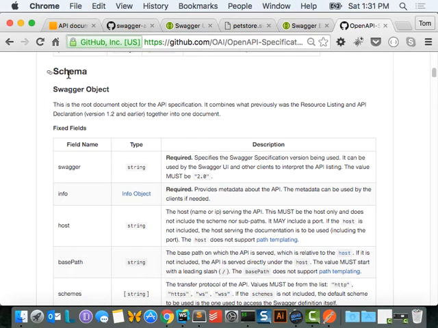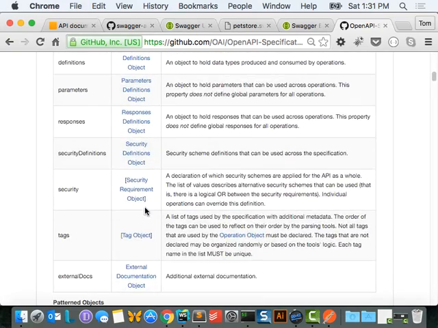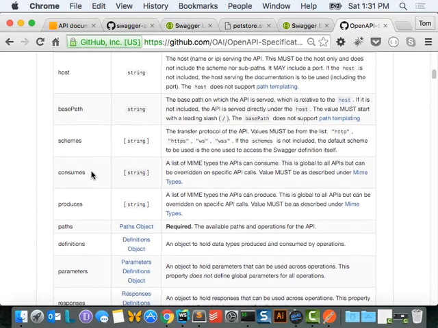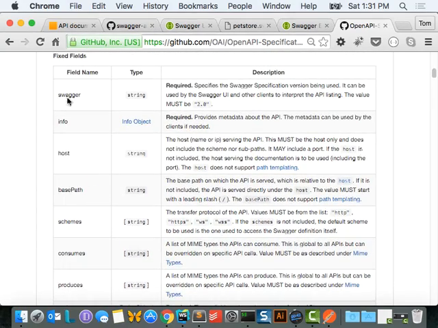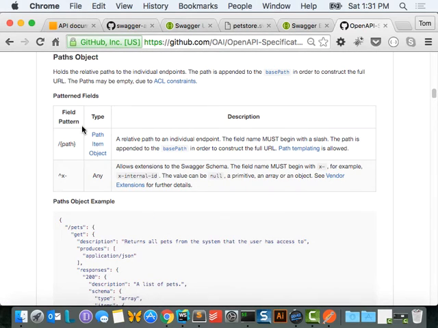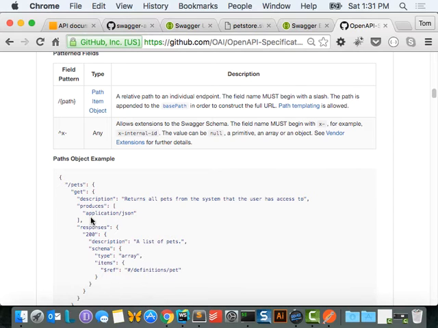So if you want to document Swagger, you're going to have to stick your head in this file and figure it out, right? It takes a while. It tells you what each field in the schema is and what the value is. And below it, there's going to be a bunch of descriptions. For example, these are all the different objects that are going to be in the Swagger schema. And the paths one, you click down to it, and it shows you an example of how you would format it. So, although it's kind of not straightforward how you do this, you can figure it out from examples and